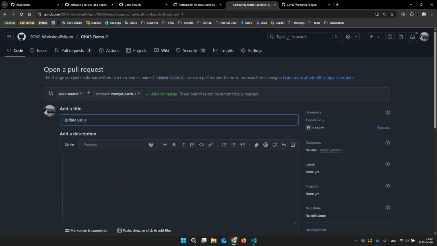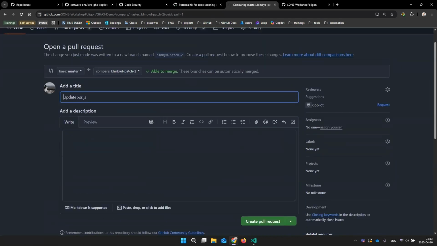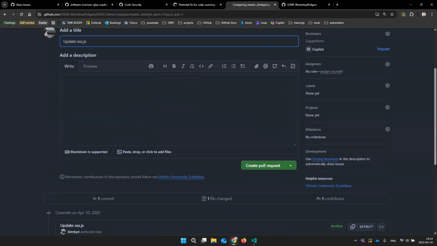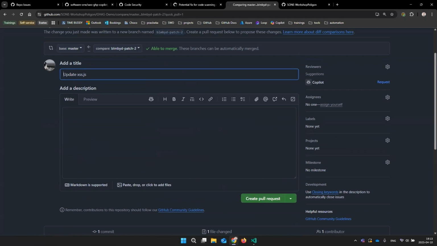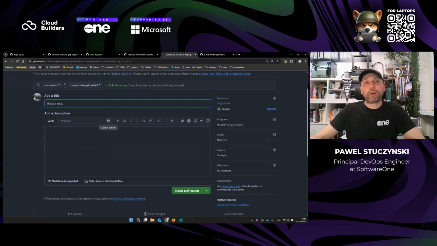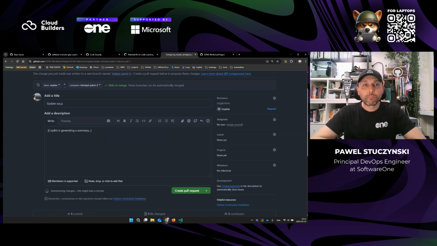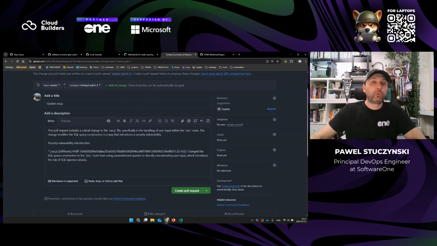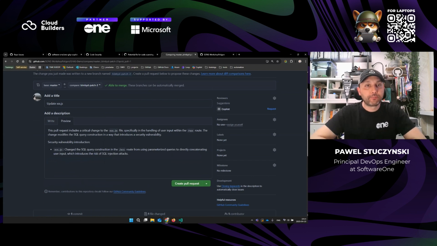So I'm creating the pull request, and here is a very nice feature of Copilot included in the GitHub.com page: pull request summaries. So if you don't like to write pull request summaries, or you like to have good quality, but you have no idea how to start, there's a nice Copilot icon. You can just click on it and click summary, and Copilot will analyze your changes,